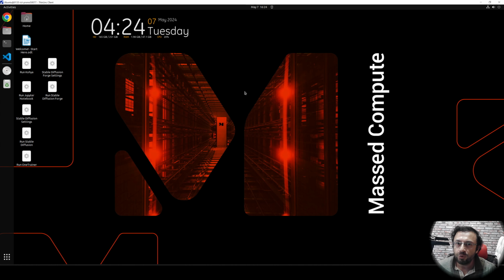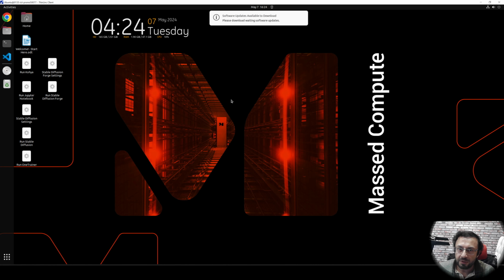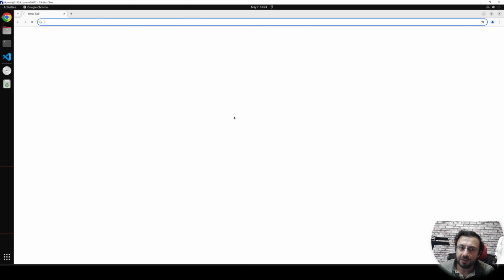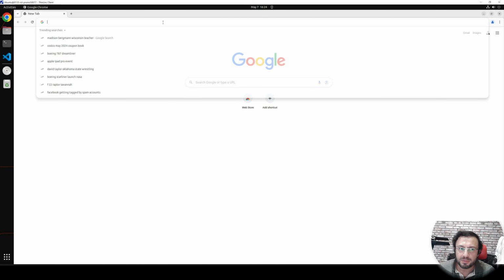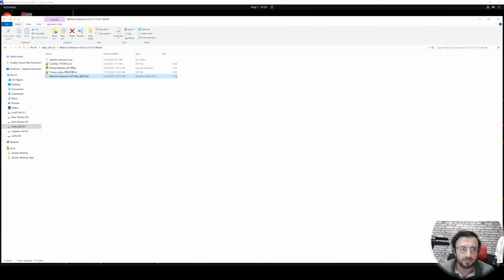So to run this, you don't need any graphical interface, you don't need any powerful CPU, you don't need any powerful GPU. This will run on a cloud remote machine. So we need to first transfer installer files into Massed Compute. You can do that either by logging into your Patreon from this Chrome, or you can synchronize files, which I am going to do.